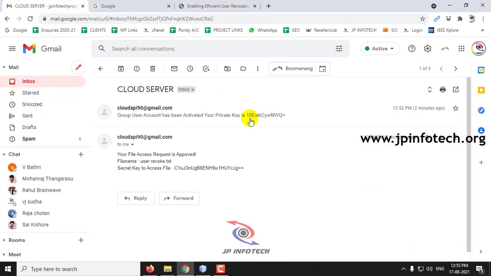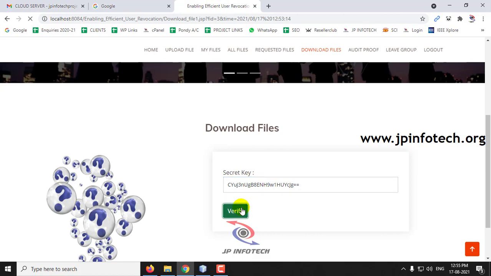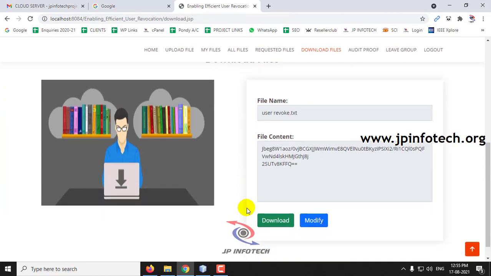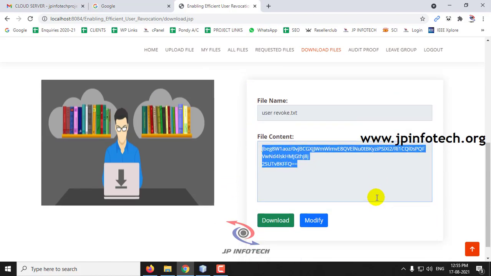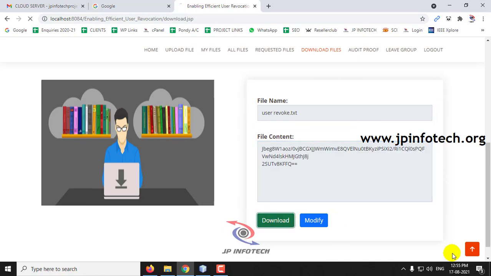and there you can see you have received your email with the file name, because we will be asking for some other files also. So for better clarity, we have mentioned the file name also with the secret key for the exact file. So you can enter this secret key and click verify. And once you click verify, you can see the file name and the encrypted file content. And if you want to download it, just click download,